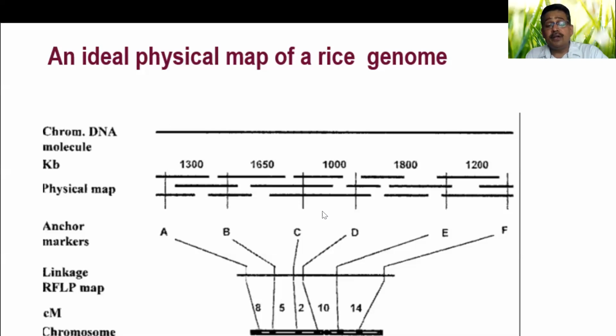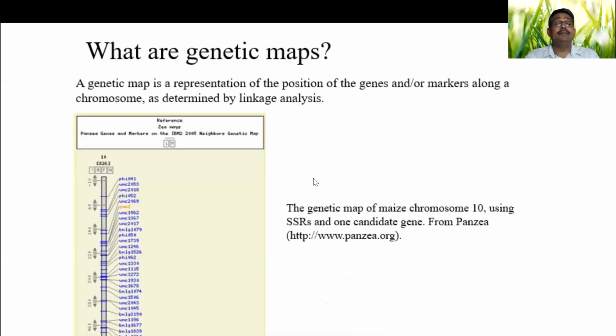What I want to tell you here is, whenever you look at any physical map, you look at how the markers are connected with the physical map. That is very important. That's why, if any locus or new trait is mapped in a genetic linkage map, we can directly correlate it to the physical map if it is arranged in the physical map.